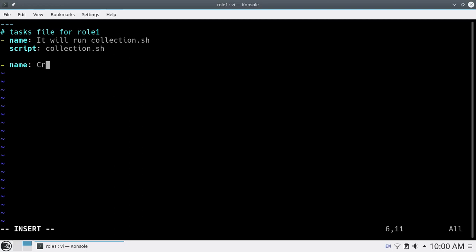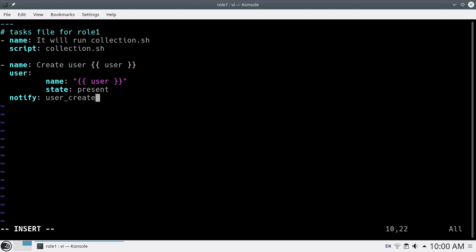Then I'm doing create user, using the user module, state present. I'll notify user_create, that's the handler name.